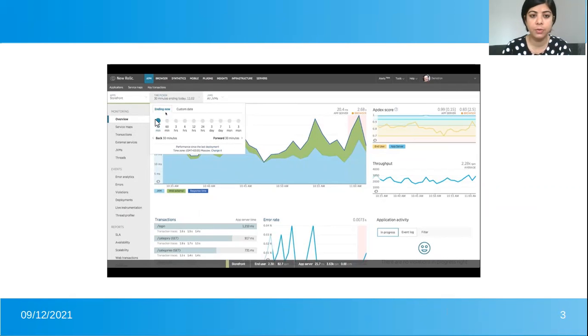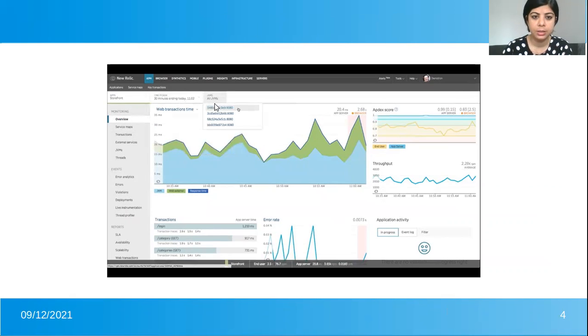So the second one is this JVM. Here it's in JavaScript. It's written in JavaScript, so it's called JVM. So here, as we can see, there are 4 different hosts or servers. It's showing 4 different hosts and their web transactions time chart.